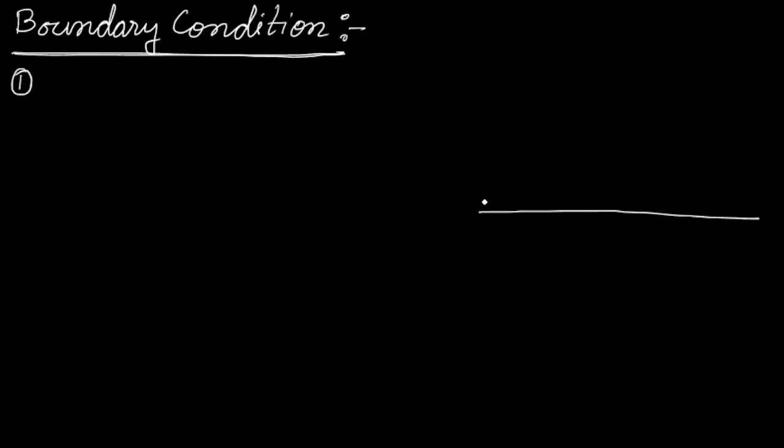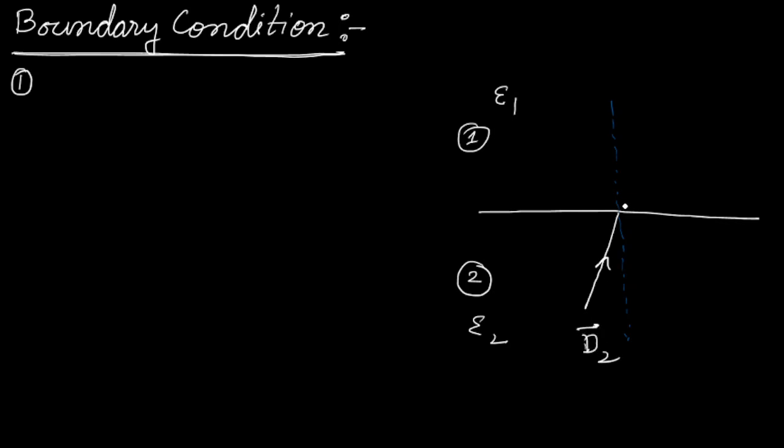So this is the interface of, let's say, two dielectric media, dielectric medium 1 and dielectric medium 2. Let's say this dielectric medium has permittivity epsilon 1, and this medium has permittivity epsilon 2. Then this is the normal at the interface. If this is the displacement vector in medium 2, and this is the displacement vector in medium 1, and on the interface there is a free surface charge density sigma free,